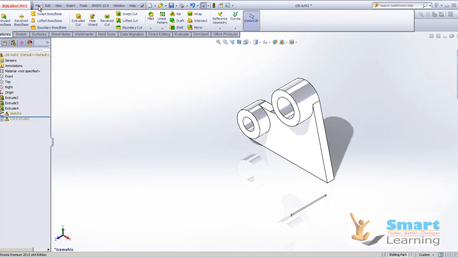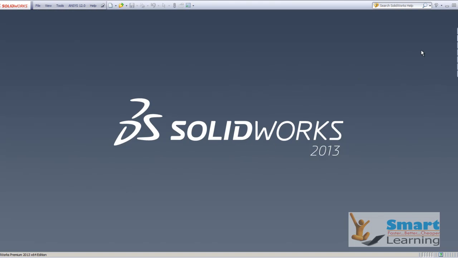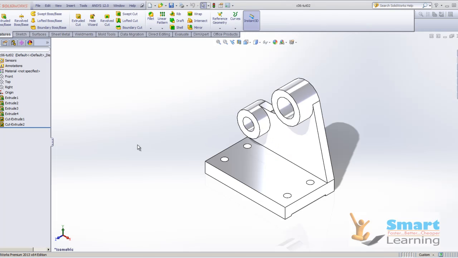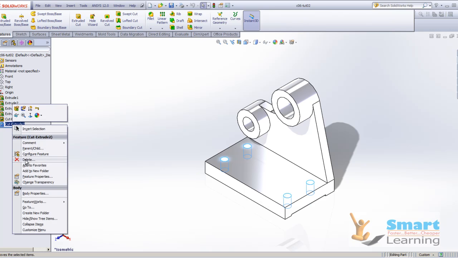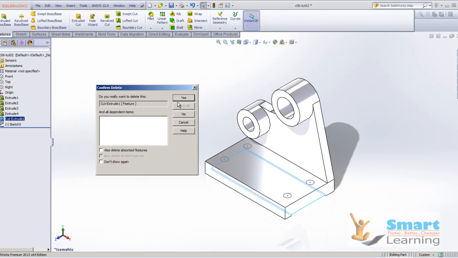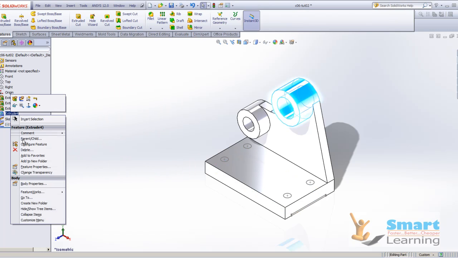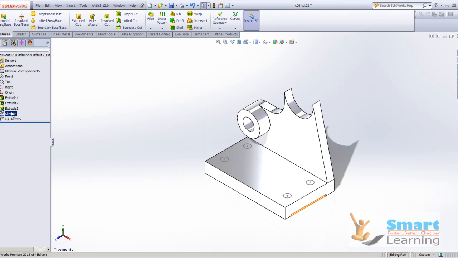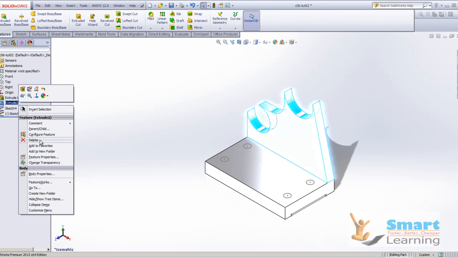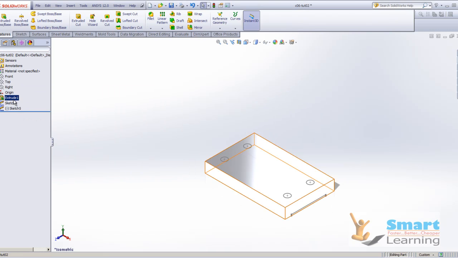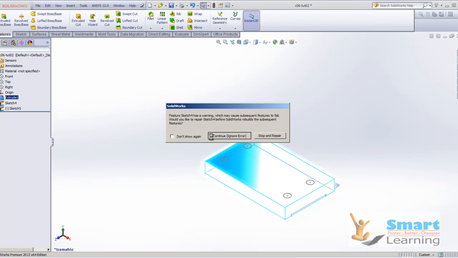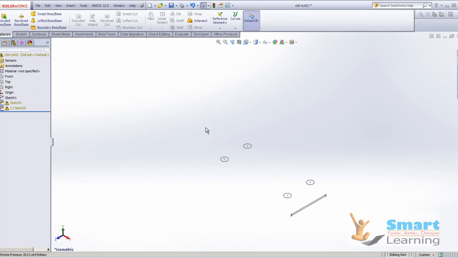I will suggest what you can do is, from your exercise folder, when you open this particular file, from the bottom side you start deleting, so that the parent and child relationship will not be violated. This is the best thing which you can always adopt and keep in your mind. So from the base you start deleting, so that you will be moving to the top, so that parent and child relationship will not be violated. This is very, very important, and you can understand this, because these sketches are depending on that,